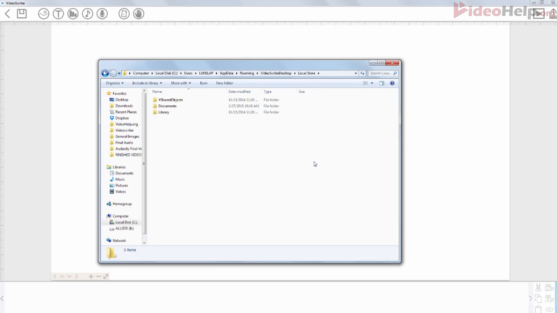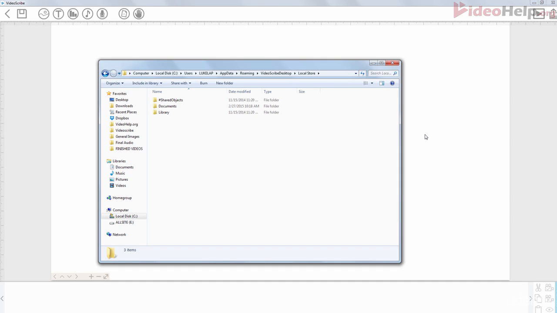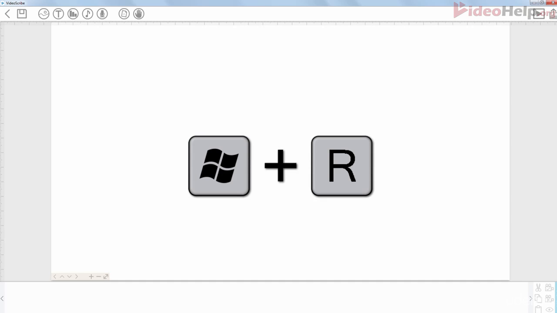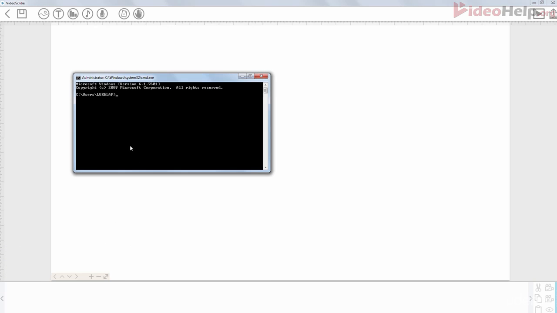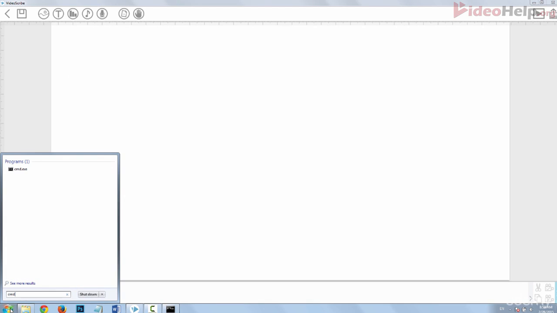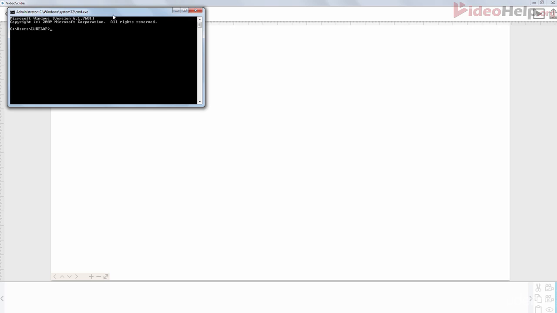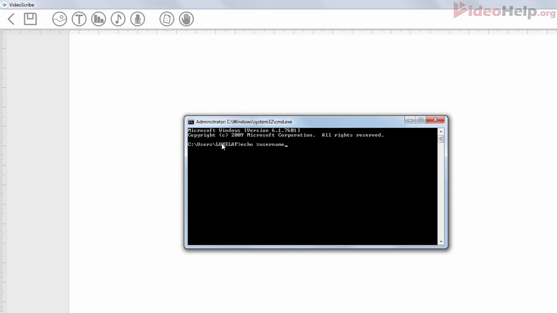For Windows users, the folder is located here. However, there are a couple of things we have to check first. If you don't know what your username is, hold the Windows key on your keyboard, which is between Ctrl and Alt on the left-hand side of your keyboard, and press the R key. Then type in CMD and press OK. Alternatively, you could search for CMD or a command prompt in the Windows search area. This screen alone will probably show you your username, but you can also type in echo username and hit enter